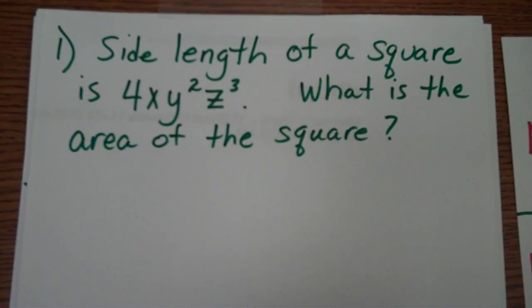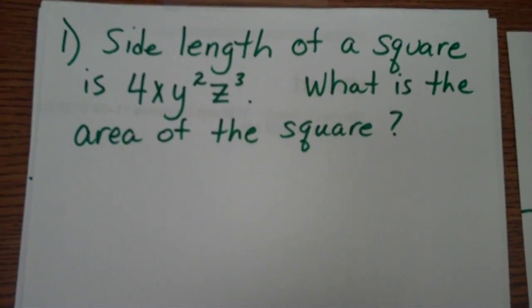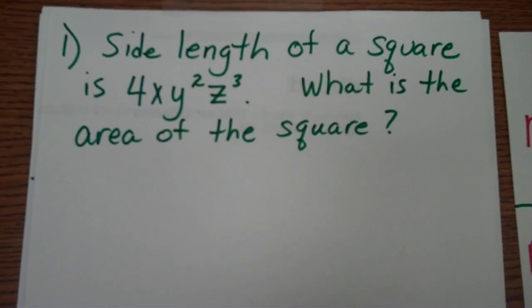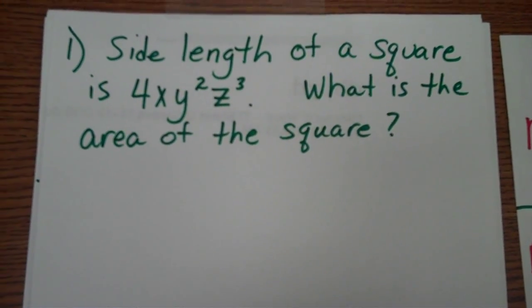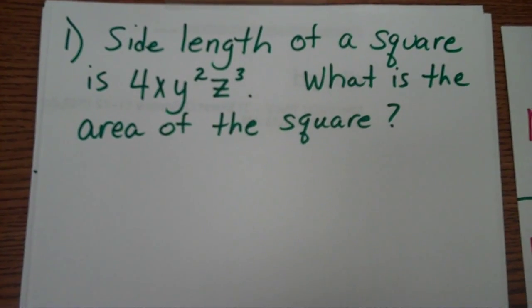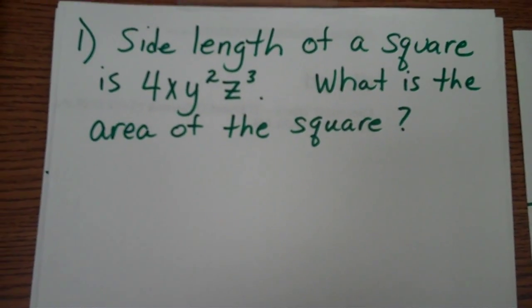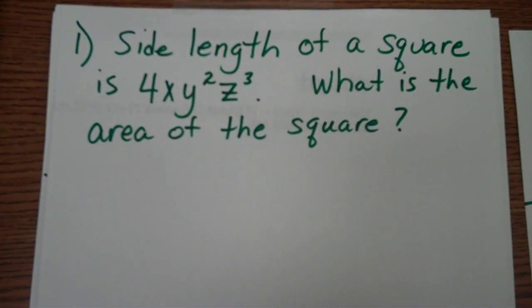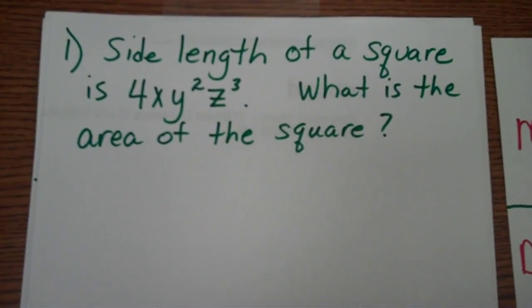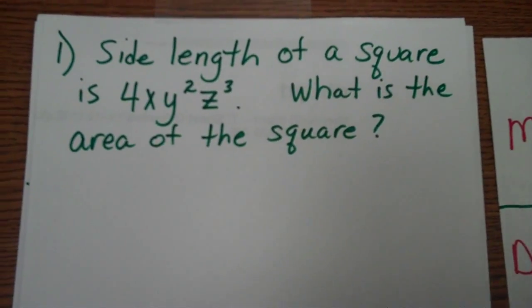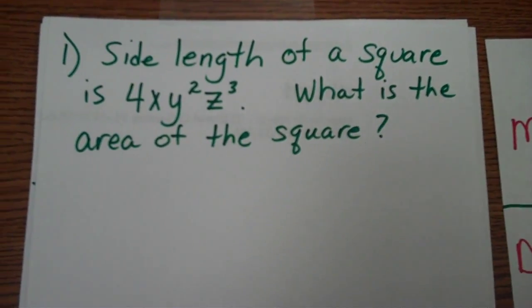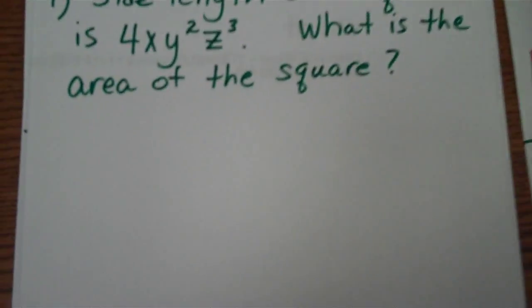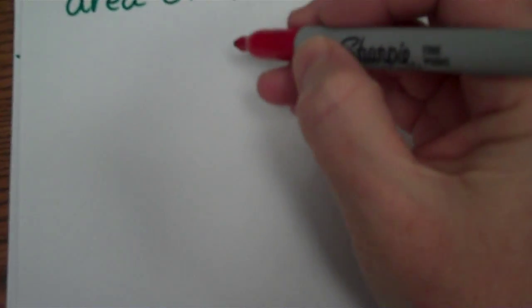Okay, the first problem on the review for cluster 6 is giving you the side length of a square, which is 4x y squared z cubed. What it's asking for is the area of the square. So the first thing that we need to do is to go ahead and draw the picture of what we have. Since it's asking for a square,